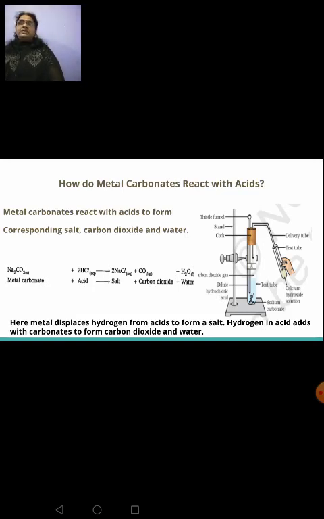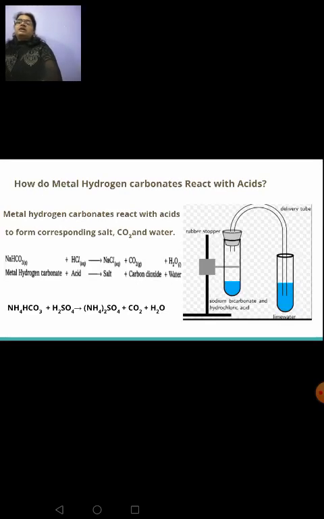Okay, so this metal has come in contact with hydrochloric acid, it displaces hydrogen and forms salt with the chlorine there to form sodium chloride, and that hydrogen combines with the carbonate of that metal to give you carbon dioxide gas and water. Clear? So another example to make you understand this better, with calcium carbonate also you can find a similar reaction taking place. Calcium chloride, carbon dioxide and water will be formed.